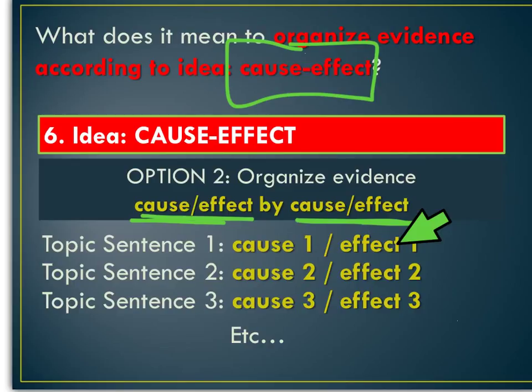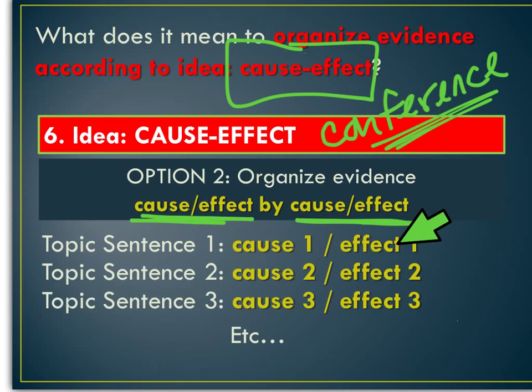So I would really caution you, if you think that you're writing a cause-effect essay, I would pretty much say that I'm going to require you to conference with me,